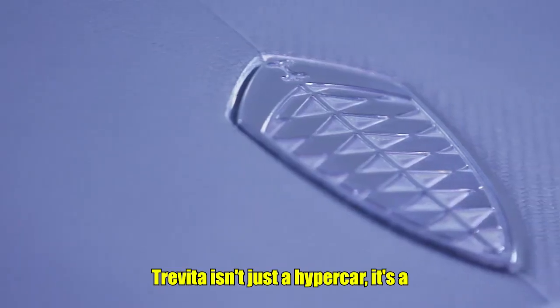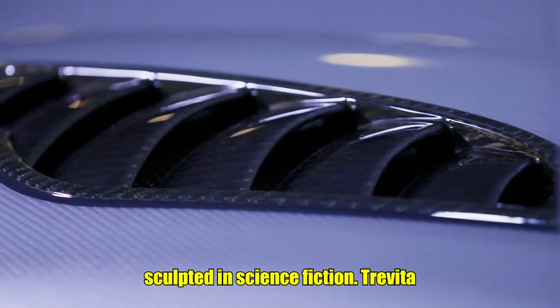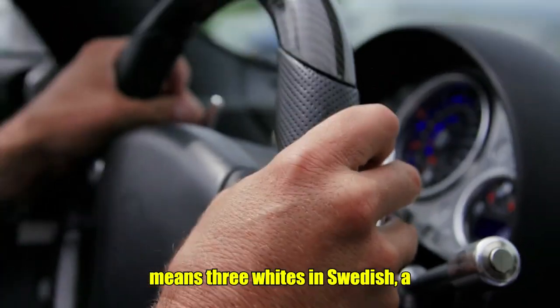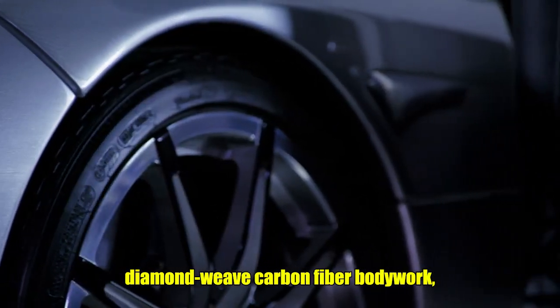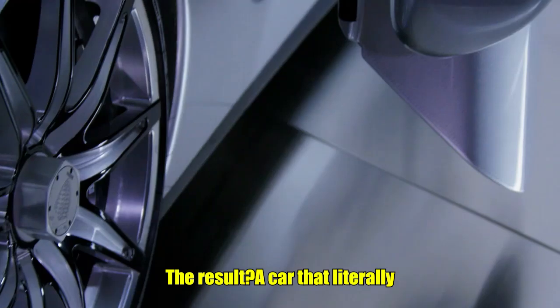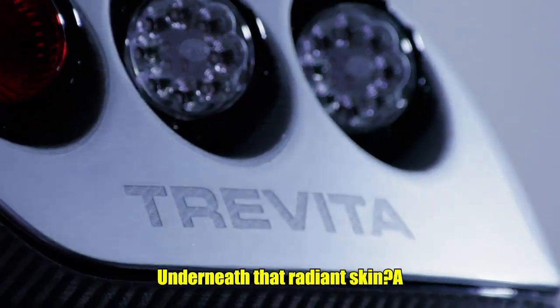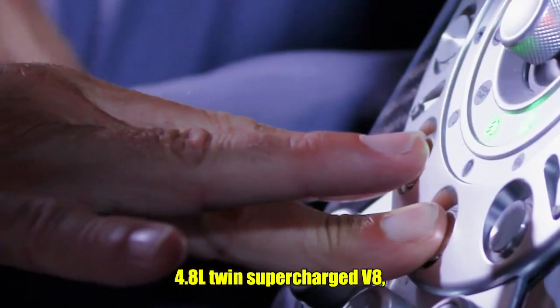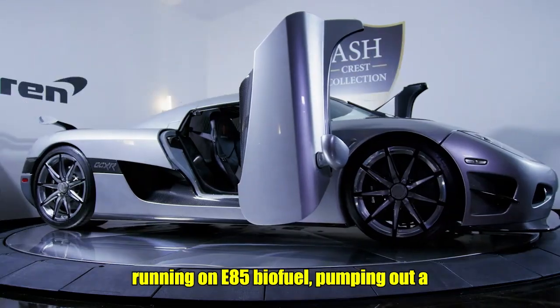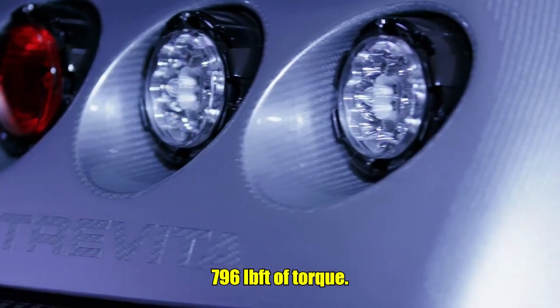Koenigsegg's CCXR Trevita isn't just a hypercar, it's a rolling diamond, engineered for speed and sculpted in science fiction. Trevita means three whites in Swedish, a reference to its shimmering, proprietary diamond weave carbon fiber bodywork, developed exclusively by Koenigsegg. The result? A car that literally sparkles like a jewel in sunlight. Underneath that radiant skin? A 4.8L twin-supercharged V8, running on E85 biofuel, pumping out a mind-blowing 1,018 horsepower and 796